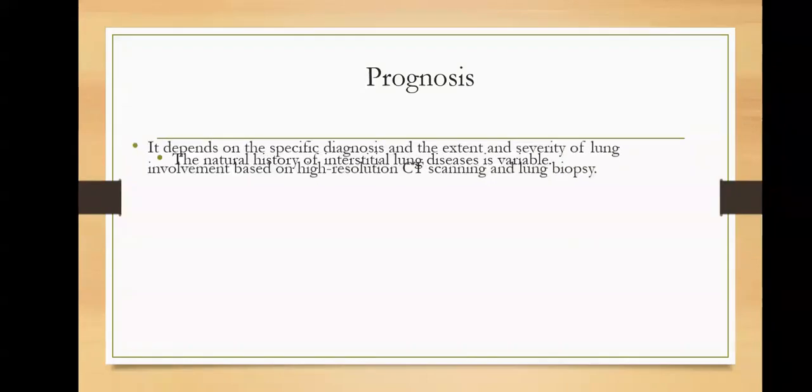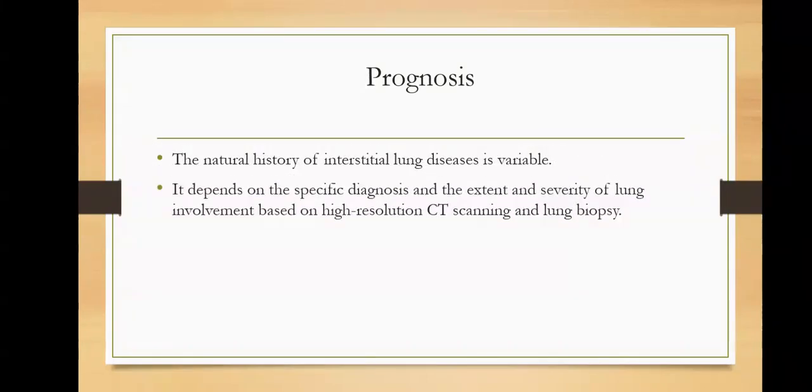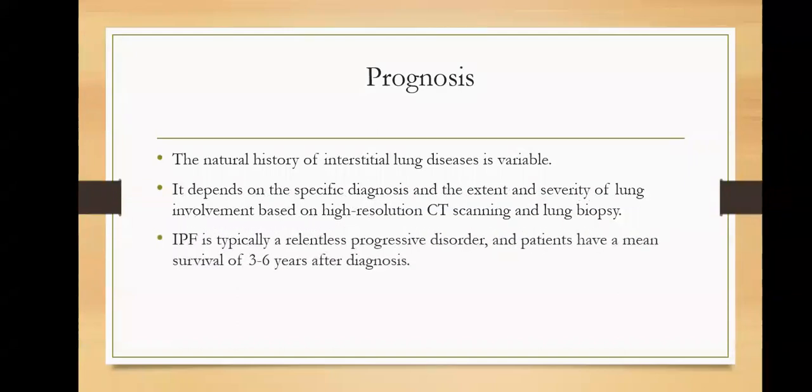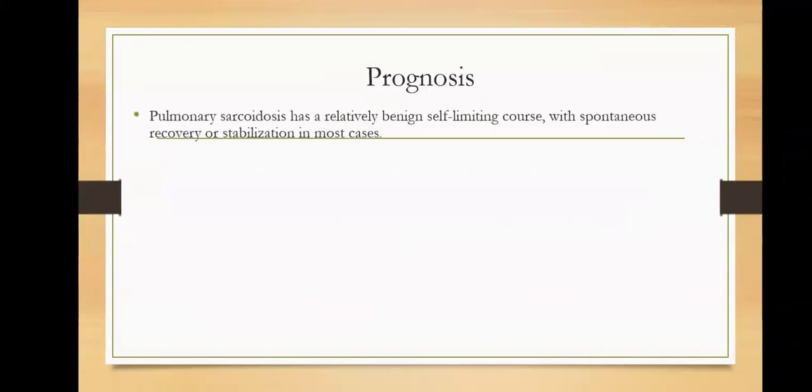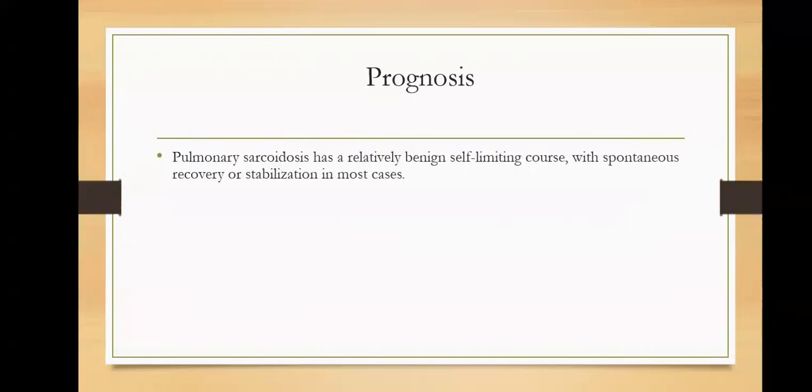So it depends on the specific diagnosis, the extent and severity. Idiopathic pulmonary fibrosis has a mean survival of 3 to 6 years. Early recognition is important for directing patient management. So sarcoidosis has a relatively benign, self-limiting course rather than idiopathic pulmonary